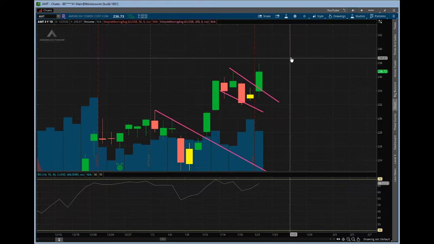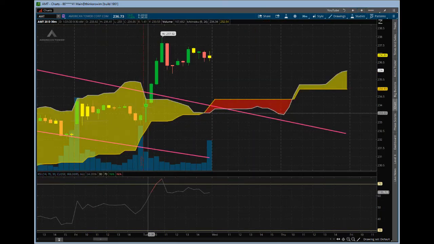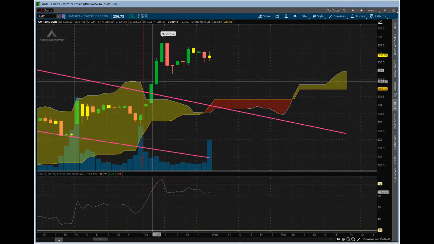So very, very strong. You can see here on the 30-minute chart, look at that, it busted out of the cloud right here, got out of that bull flag, and then really gave a nice move up. So if you look at AMT, for instance, it trades